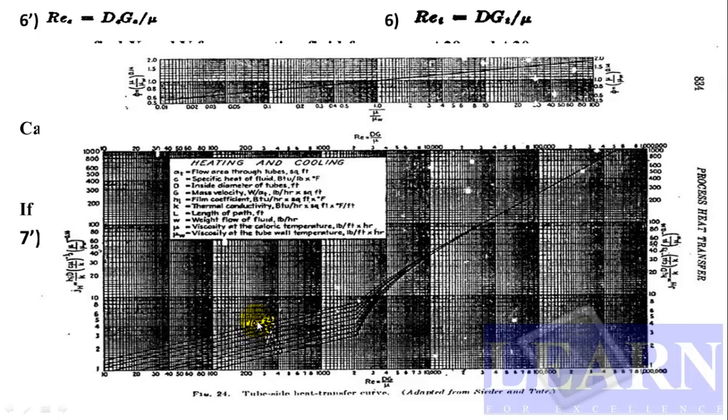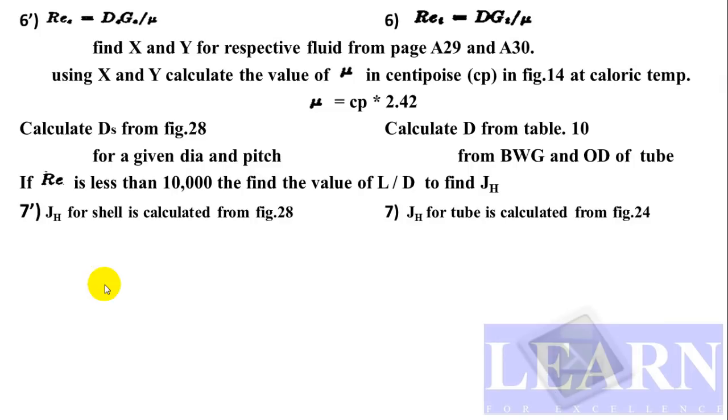So with this L by D ratio and the Reynolds number, let us assume the Reynolds number is like 4,000, and 4,000 will be over here, and the L by D ratio is like 20 or something, so it will be here. So it will vary accordingly, and the horizontal value of this JH has to be calculated. Next, after calculating this, we need to compute the value of (C mu divided by K) whole to the power